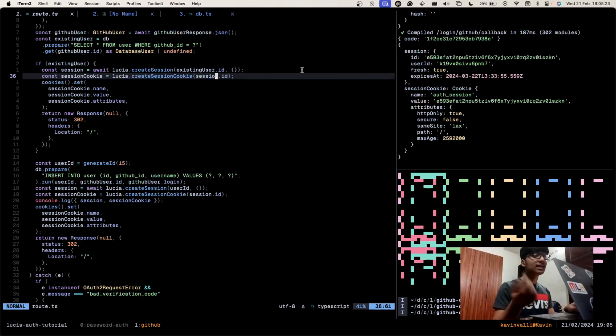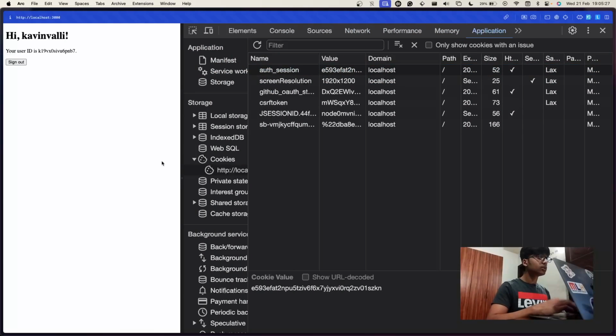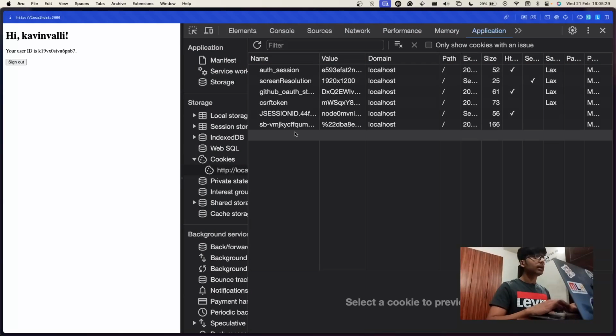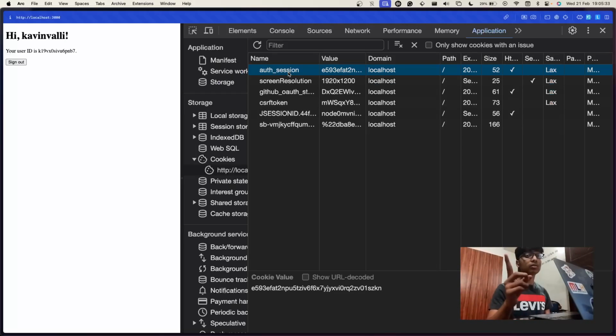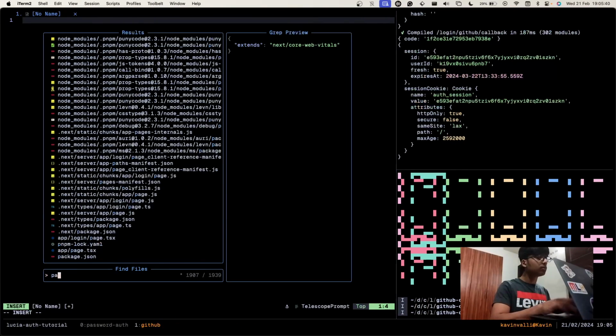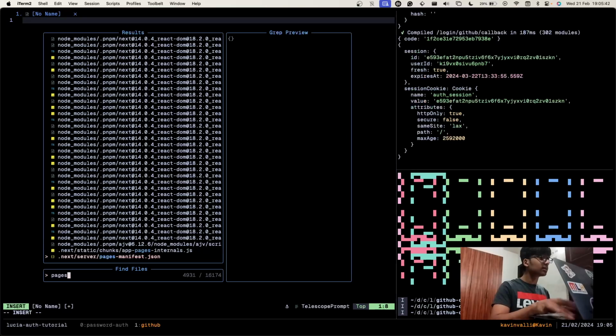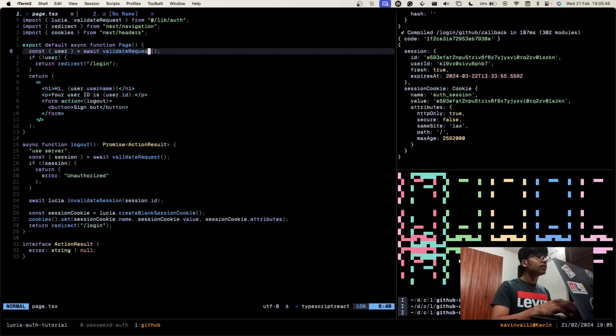Now, the next time I go into the application, when I refresh over here, it knows that I'm already authenticated. How? Because it goes into the cookie, it checks that my session is already existing and it's correct. How is that? If I go into page.tsx, it checks this validateRequest. So if I look at the code for validateRequest,